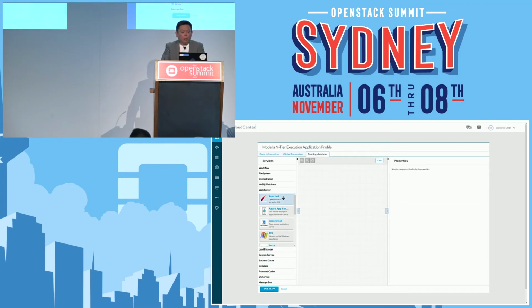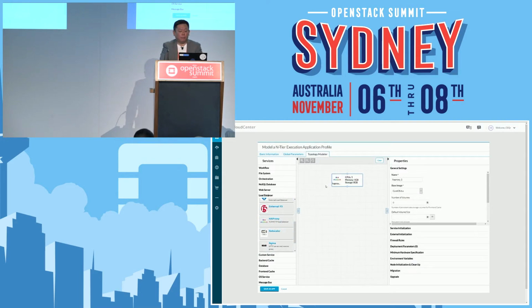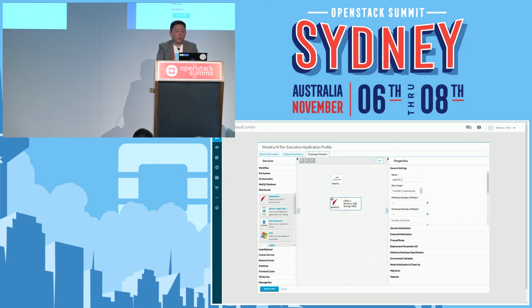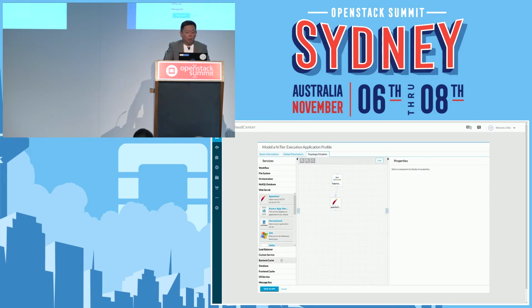So in here, what I can do is firstly go in, okay, I need a load balancer. So everything is laid out on the left here. And again, these can be built by our customers. So we have out-of-the-box solutions or support in terms of capability. So ACI support, for example, ELB support. But it could be your own, right? So in this case, let's say I want an HA proxy in front, right? So drag and drop that across. Now I want to go in my web server and say put an Apache in there, right? And I want to hook up the HA proxy to my Apache. And then I want finally a database. Well, this is the requirement for the application, right?